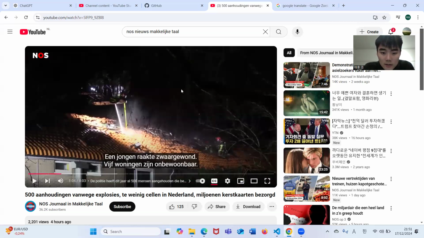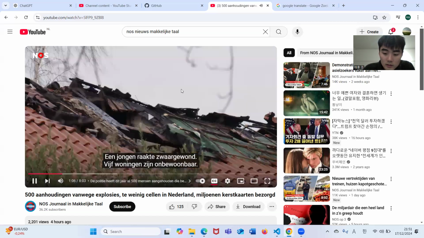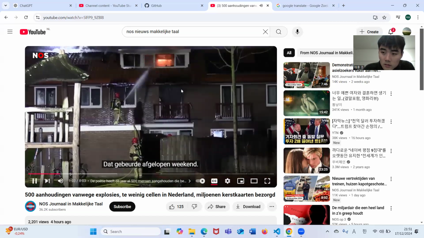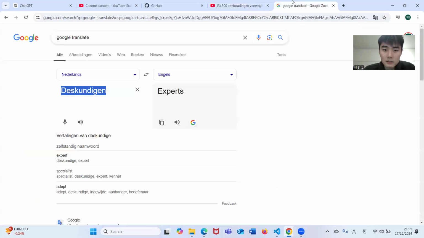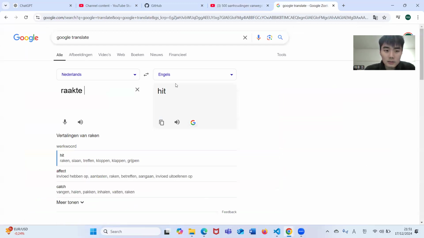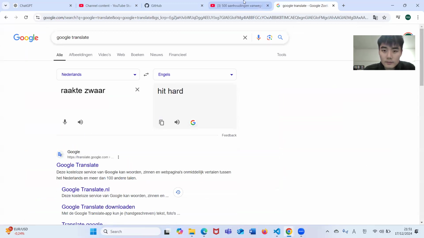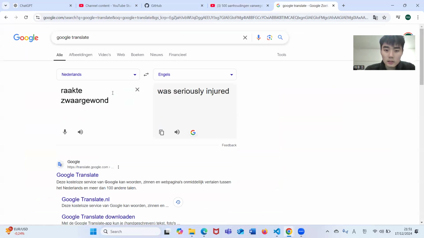Een jongen raakte zwaar gewond. Raakte zwaar gewond. Was seriously injured.